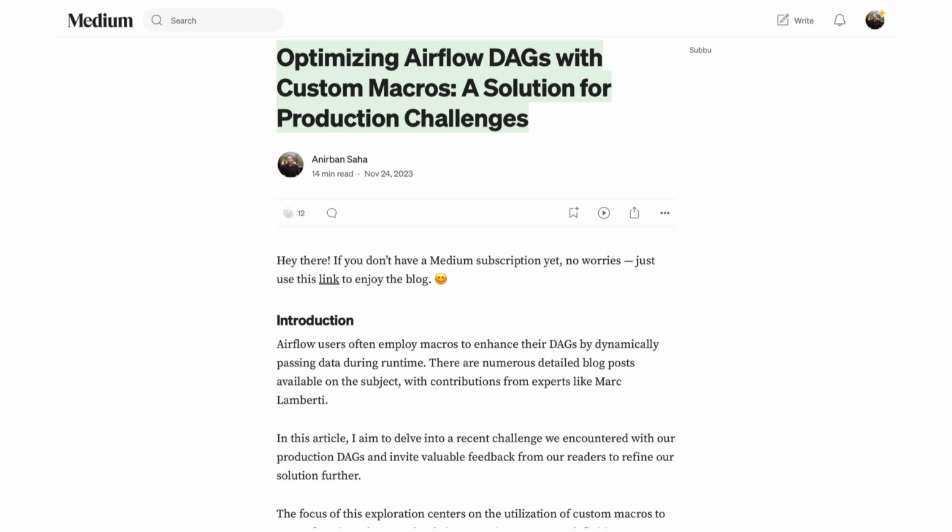Precisely. And as we learned from Saha, the key to unlocking this power is using those special Jinja templating tags. Right, those tags tell Airflow to wait until the very last moment to execute the macro. It's like having a recipe that only starts cooking when you actually turn on the oven. Great analogy. But remember, not all operator parameters are macro-friendly. That's where those two magic parameters come in, right? You got it. Template fields and template text, those are your guideposts to using macros safely and effectively. So consult the Airflow documentation for your specific operators, find those parameters, and they'll tell you exactly how to use macros